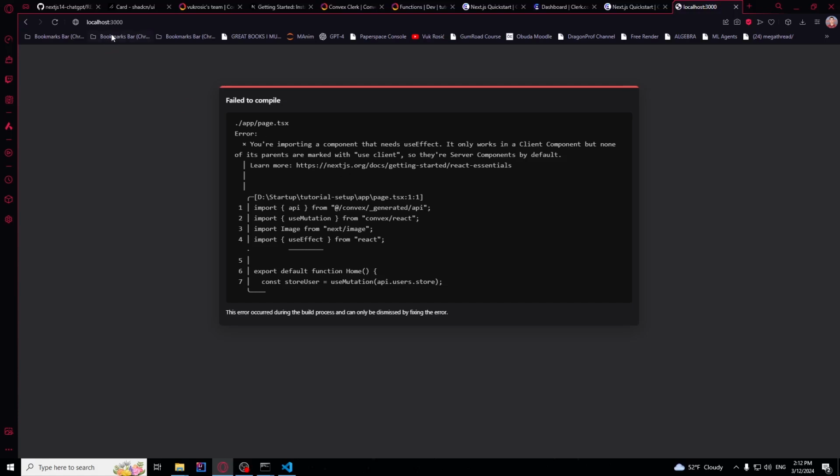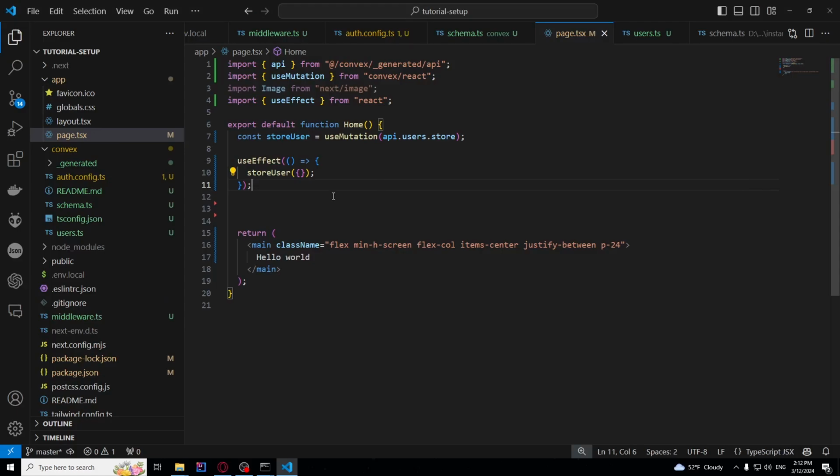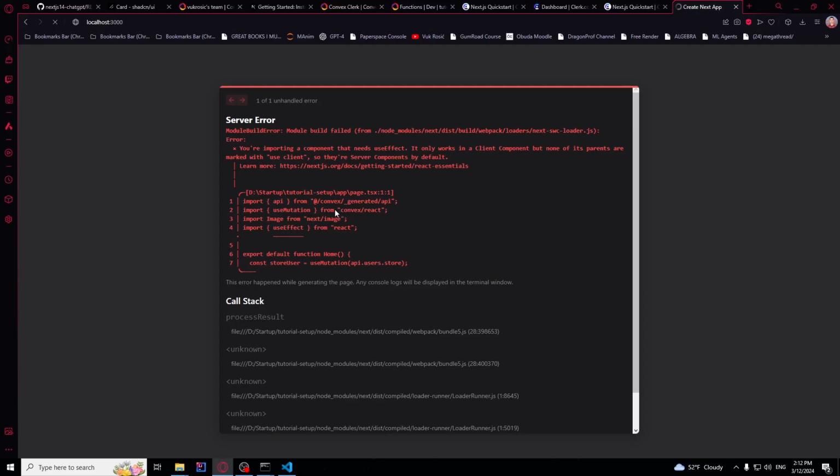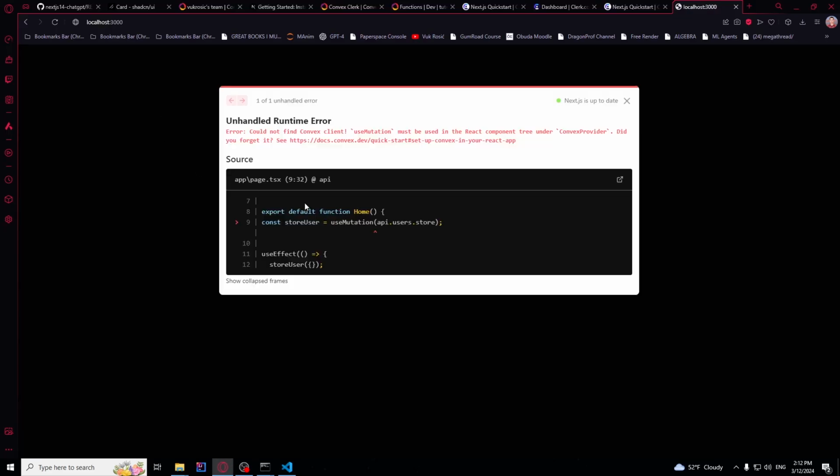So here we can see on our page that we are getting an error. useEffect must be in a use client component. So when you have the useMutation hook or useEffect or useState, useQuery, you need to go to the top here and say use client. So these effects, mutations, and hooks can only be in client components. Okay, and now